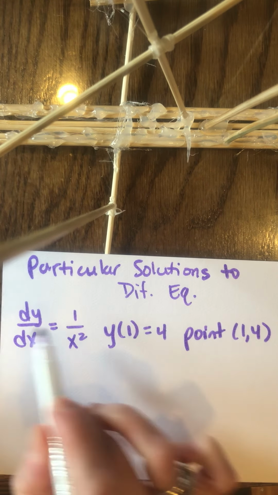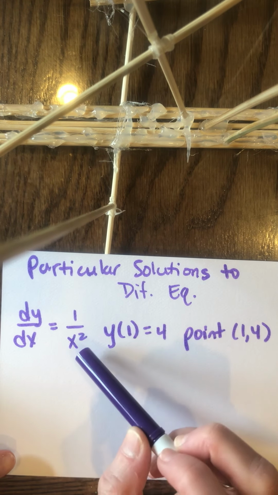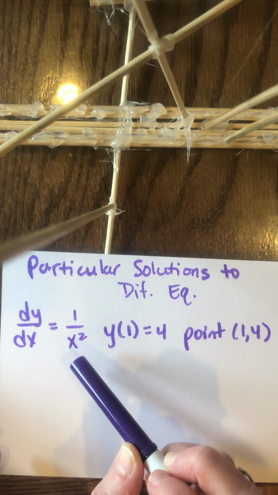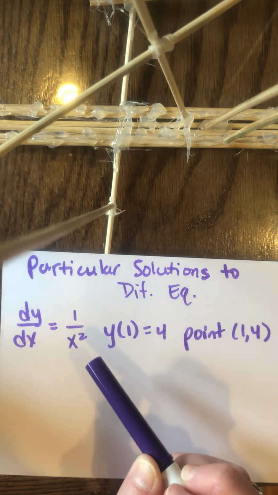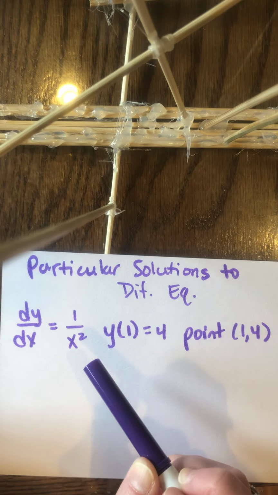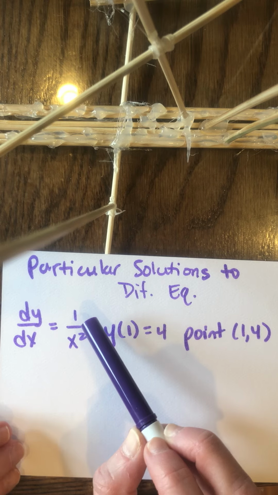So I look at this differential equation, and the first thing that I want to do is find the general solution. I notice that it is exclusively given to us in terms of x, and it's the kind of differential equation that I can simply think about and work backwards to find the antiderivative. So if I were to work backwards here,